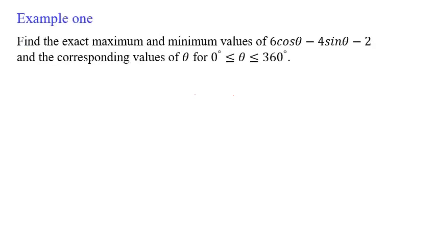All right, so we're going to look at example 1. Example 1 is one of the typical questions that I told you about in the earlier slides, that you may encounter in this chapter. You are asked to find the exact maximum minimum values for 6 cos theta minus 4 sine theta minus 2. You can't tell at all the maximum and minimum value for that, the one circled for you in purple. But if you write it in the R formula form, we'll be able to tell. Right, so the first thing is,